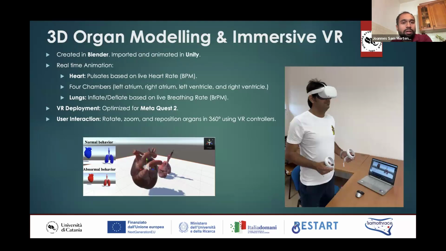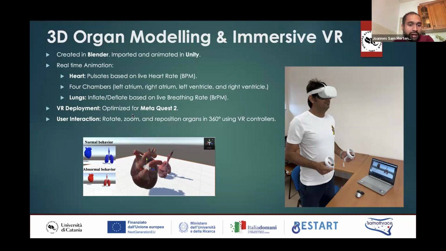And how did we do this immersive design? So we took shapes like heart and lungs, 3D model shapes from Blender, created in Blender software, and we imported them in Unity. Unity is a very useful tool for developing metaverse applications. Like I said, we first started with the heart organ and the lungs organ. So we developed these 3D models for the metaverse, for the immersive view, and we had